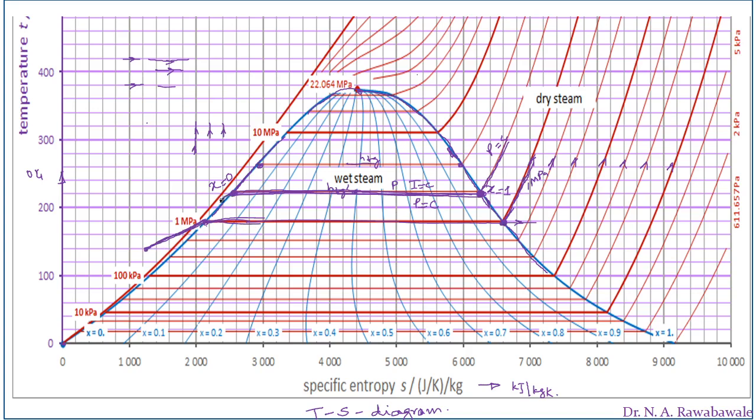So from here also there will be another constant pressure line. From every point there will be a constant pressure line. But when this pressure line crosses this saturated liquid line, it becomes horizontal, and when it crosses the dry saturated steam curve, it starts to move in the upward direction. So this is about the pressure curve.